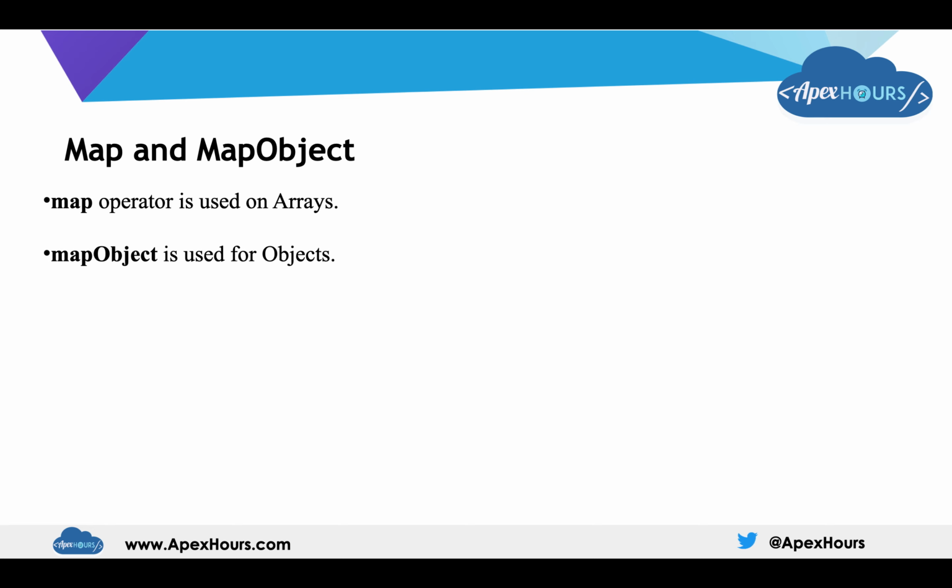So the other thing is the map operator, which is very easy to remember. It can be arrays, one is object and one is arrays. I have shown you what an array and what an object is in our previous session. That is for beginners. Those who don't know what JSON is, I have explained clearly how to do that. But for now, in this session, we are going to apply this syntax on objects and